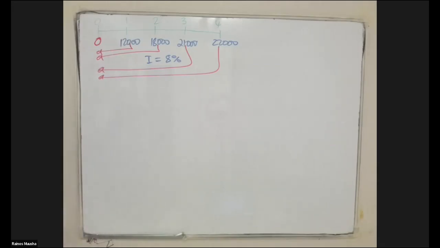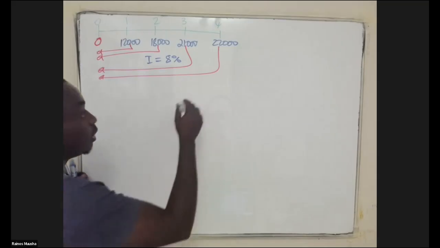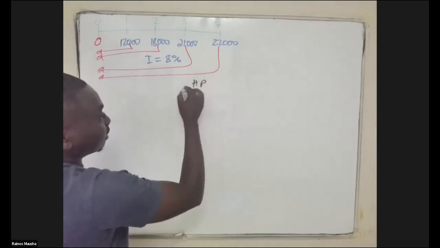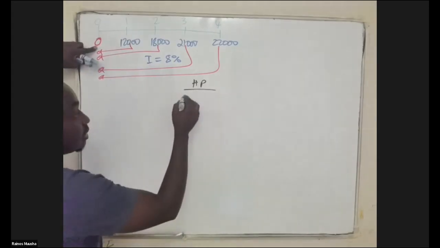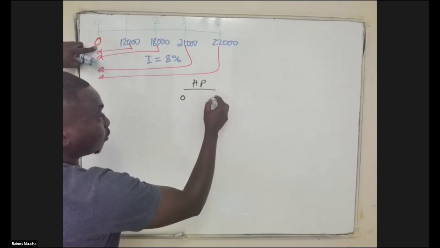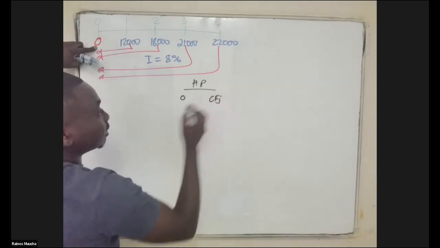We always have to acknowledge the cash flow for year 0 whenever you're dealing with what? Trying to find the net present value, which is the method that we're going to be using in this case. So if they ask you to find the present value of an uneven stream of cash flows, if you're using the HP calculator, you need to first acknowledge the cash flow for year 0. And in this case, the cash flow for year 0 is 0. So you're going to say 0 CFJ.